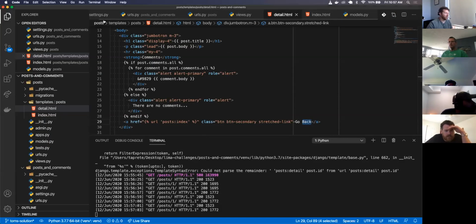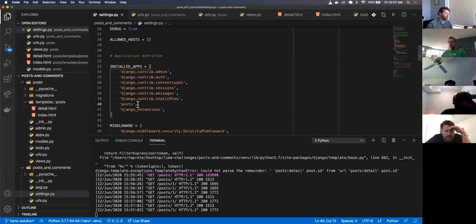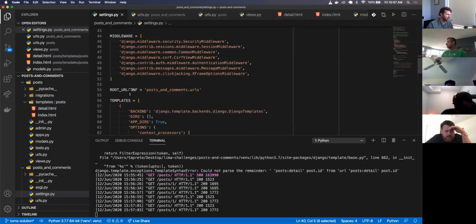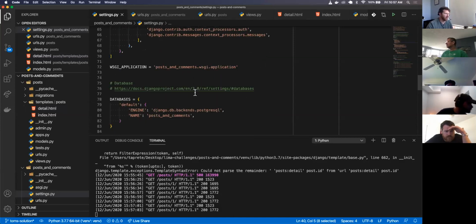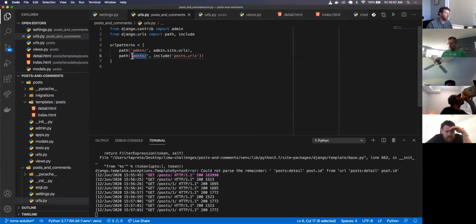So let's just recap what we did. We created a Django project. We created an app called Posts. We added our posts to our installed apps. We created a Postgres database. We added the Postgres database to our database settings with the name, posts, and comments. In our URLs, we want to go to